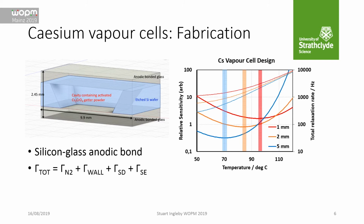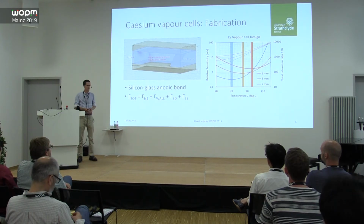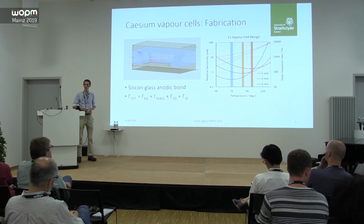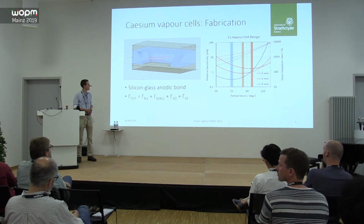So this will be very familiar to a lot of people, but at Strathclyde we've started making these cells. We have access to a wide range of facilities, and we have the expertise within the group to use those. Our cells are based on an etched silicon wafer, that's the blue bit, and they're closed with anodic bonding of glass onto the front and back. There's a couple of different ways of getting the cesium in there, but the challenge for us, initially at least, was to make sure that we understood the maths right and didn't make any fundamental mistakes in the cell design